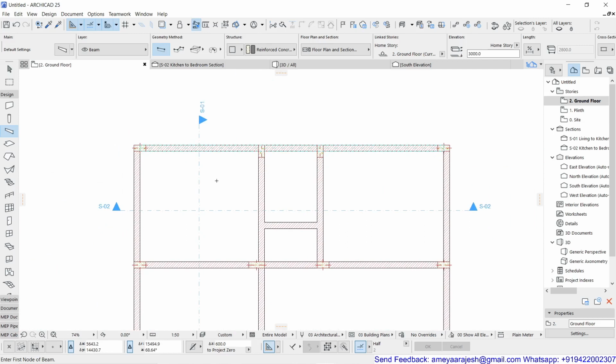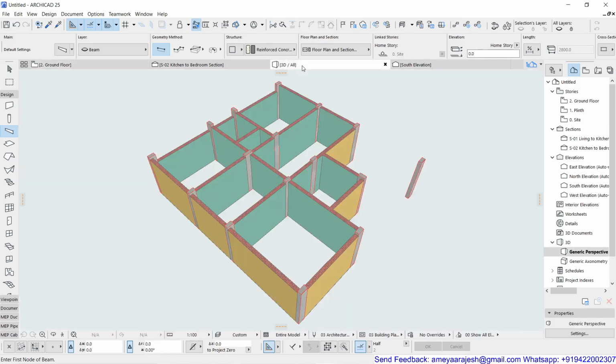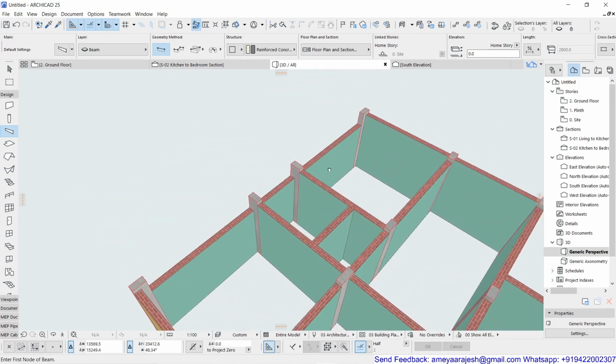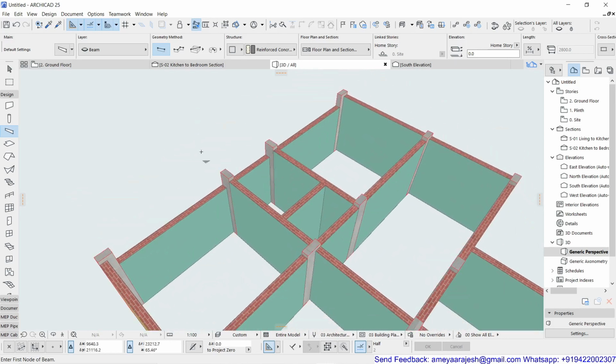Let's try to identify this in our 3D view. Probably if you go inside the 3D view, we may not be able to see anything, but you can see there is some change in the wall height. Just because my beam has priority wise, the material which I am using as a building material is stronger than the wall material, hence my wall is getting automatically deducted. The way the column was dominating the wall, same way the beam is dominating the wall.